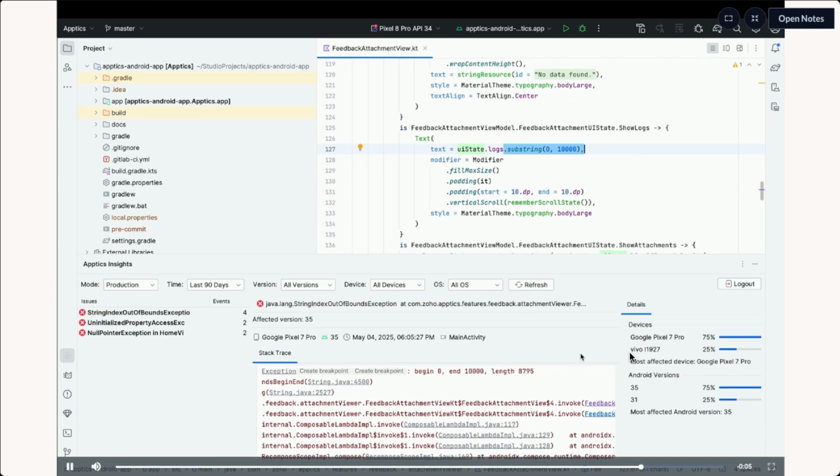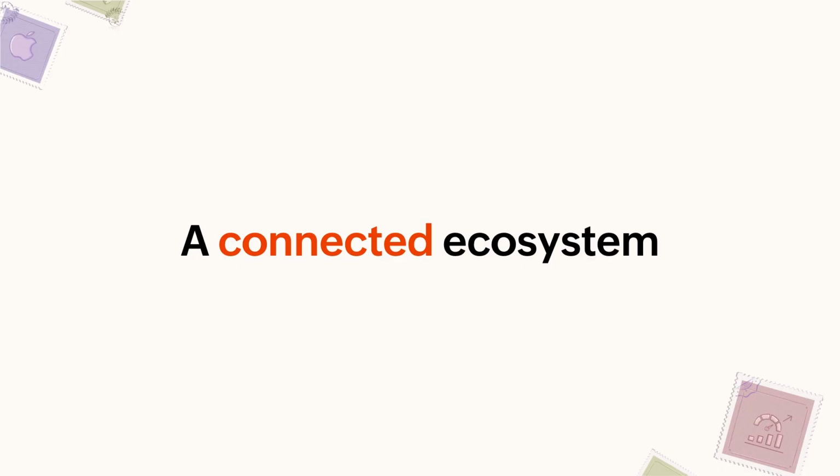And if you see on the right side, we have the devices which were largely impacted with the issues that we were checking out right now. What was the most affected device and how many Android versions were affected and which is the most affected Android version. So having these details within your Android Studio console helps you to reduce time when you are trying to solve the crashes or debug the crashes that you have.